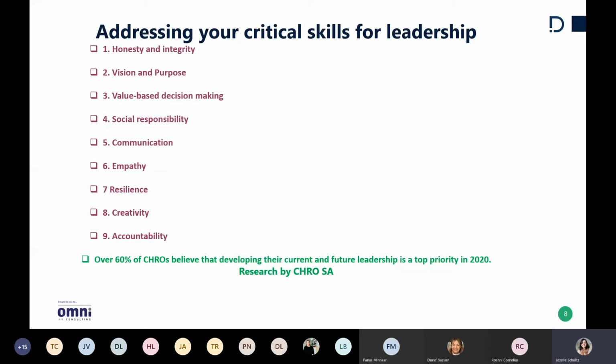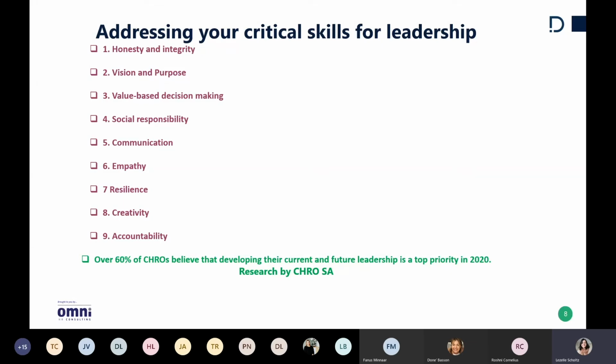The 3rd critical skill, value-based decision making. And here I think value must mean value for all stakeholders. This must be key as it will have a ripple effect in the business. It will have a ripple effect on the individuals, and also, I mean, just consider your industry as well. Okay, decisions must be made that will add overall value to the business and